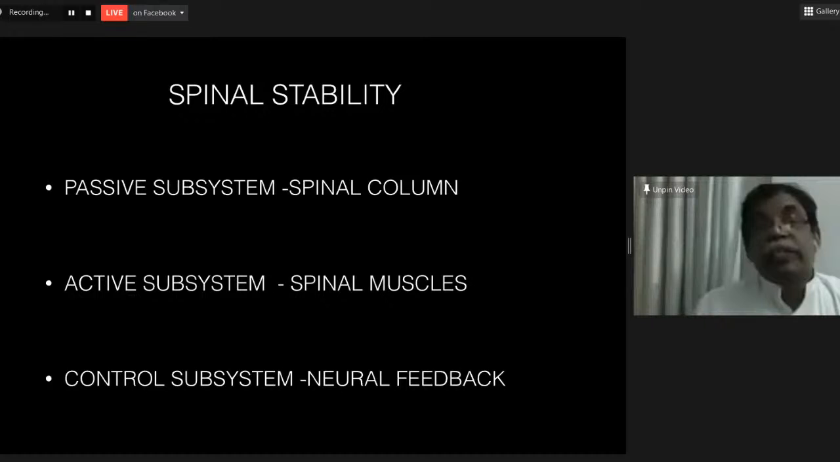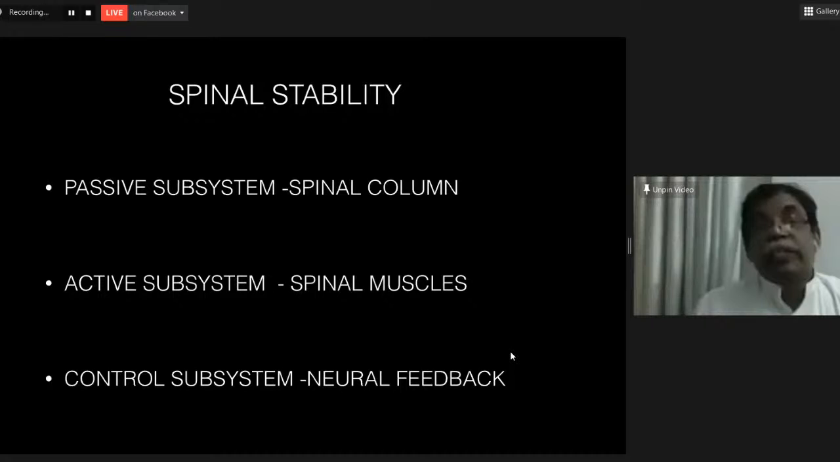Prehension, he's doing work with his upper limbs, he's moving, he's jumping, he's running. All this is stabilized by the spine and maintains this. Fall down. This occurs by a system of three things: the passive subsystem of spinal column, which consists